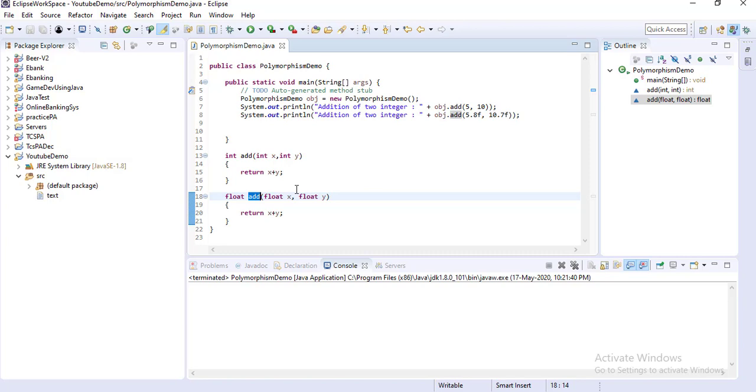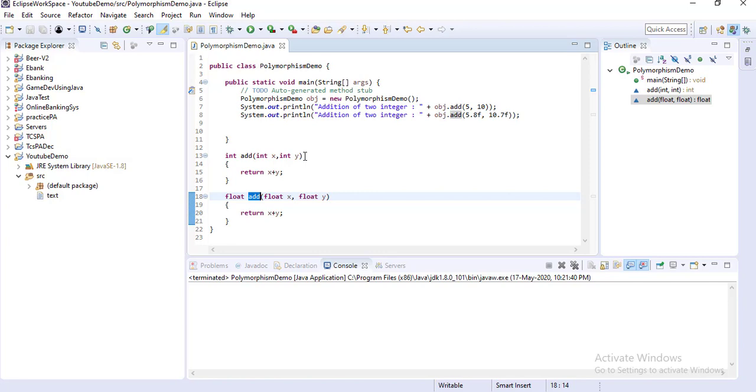But in non-object oriented programming languages, the end user must know different method names along with their parameter types. Suppose there is an add integer method, then the user has to know add integer and pass integer values. For add float, they have to know the method name as well as the parameter types they have to pass. So there is no such interface concept in non-object oriented programming languages.